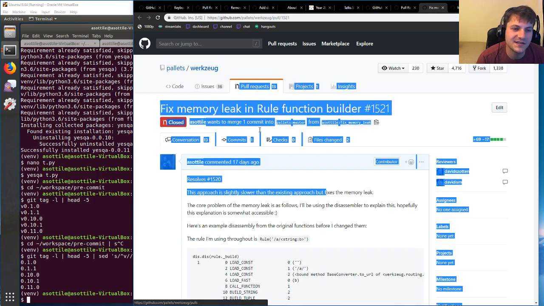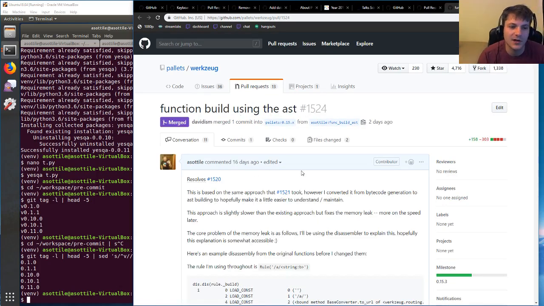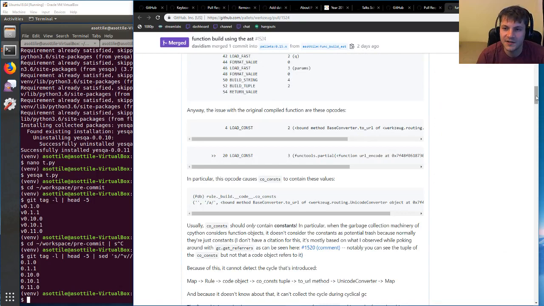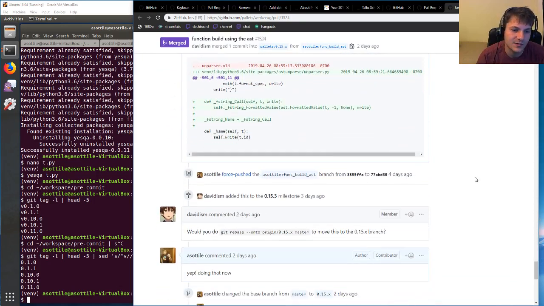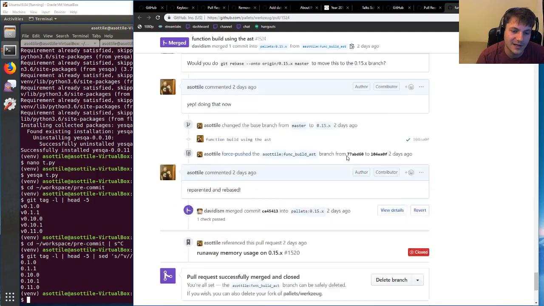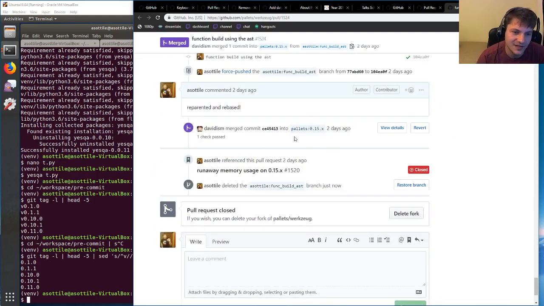Oh, and I closed this because this was my first attempt at fixing this memory leak. But this was the one where I also fixed the memory leak, and we talked about this in person at PyCon, which is good. And it'll get merged into 15.3 or 15 whatever,